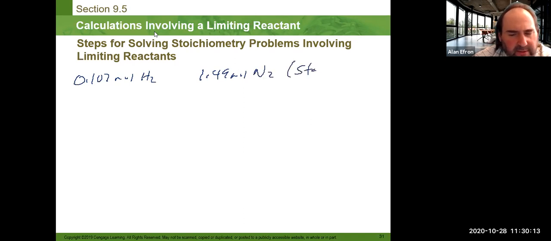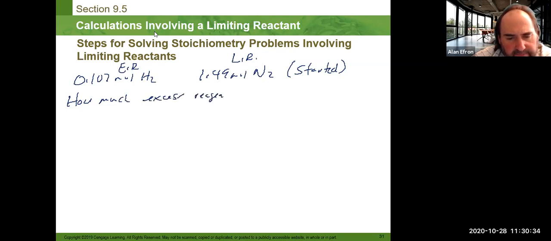This is how much we started with. So what we just figured out is that in this particular case, this is our limiting reagent, and this is our excess reagent based on our calculation. So if we want to know how much of our excess reagent is left over,